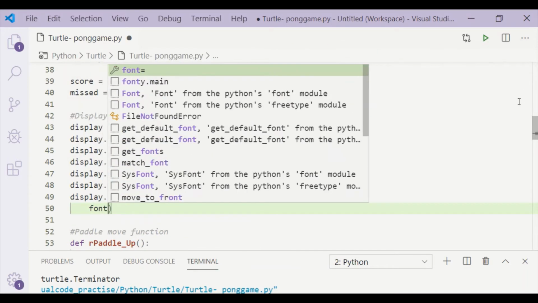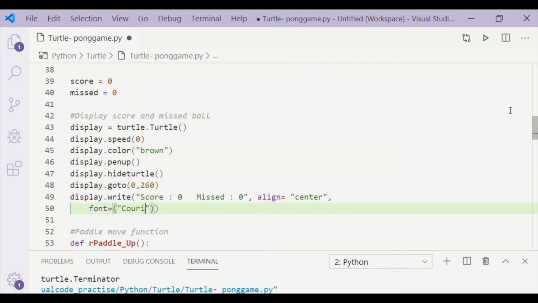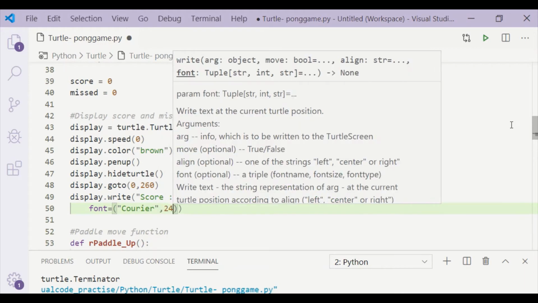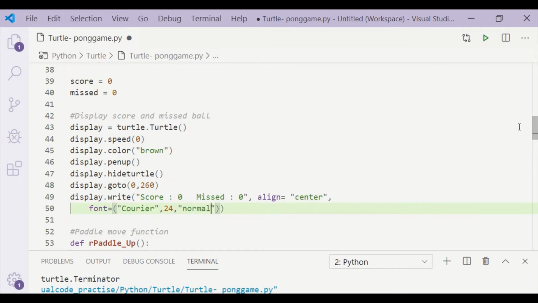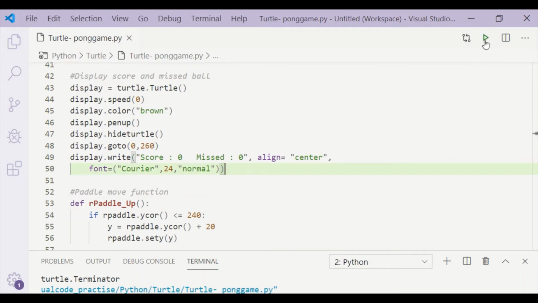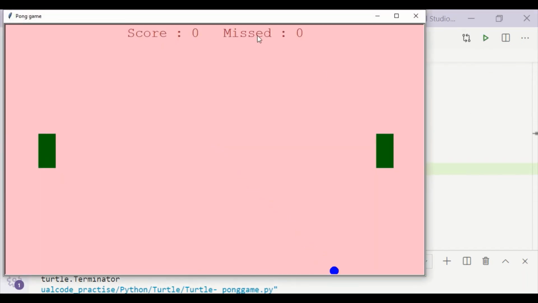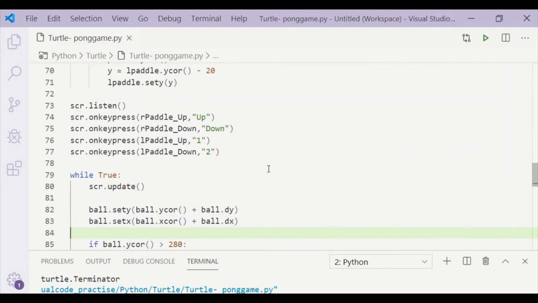So this display instance first makes the things ready for us to consider incrementing the variables score and missed when the ball is hit by the pedal or not hit by the pedal. As we can see, when the ball moves, score and missed are displayed, but their values are not incremented. For that, we will go to the conditions and start incrementing them.